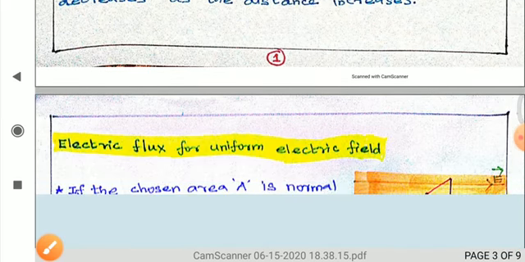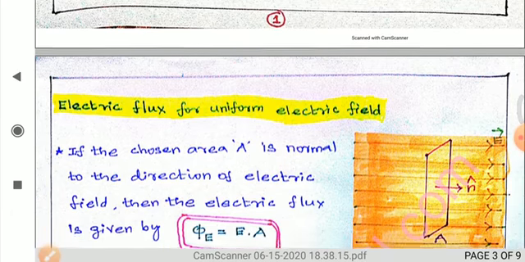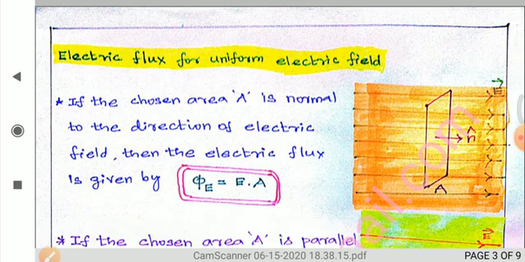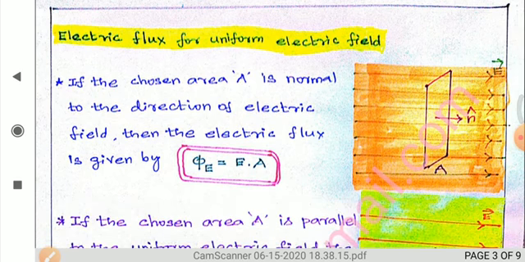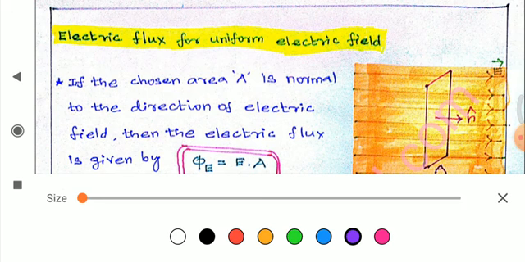Right. Then what is the next? From this we can understand only a 1 mark question, but we cannot neglect this topic. So, electric flux for a uniform electric field. Here we are taking 3 diagrams. In the first diagram, what are we going to understand?